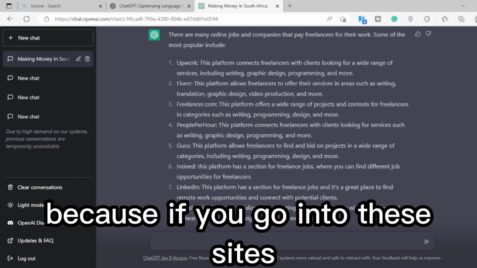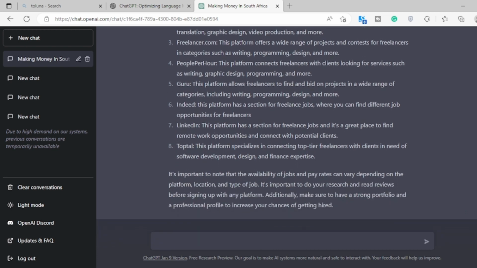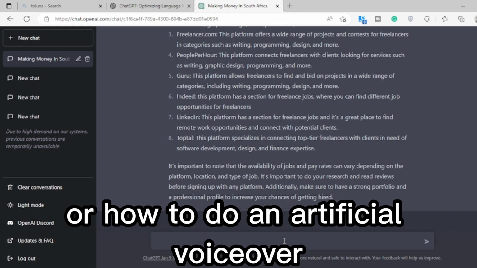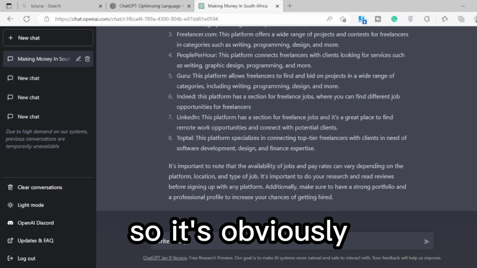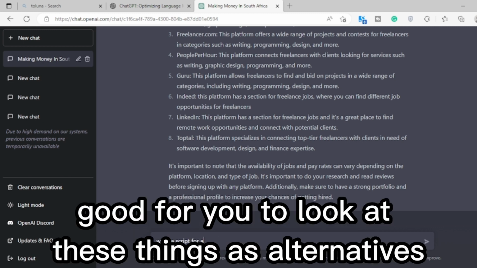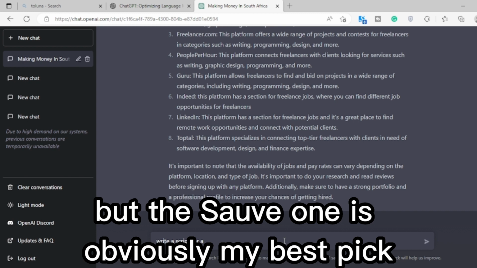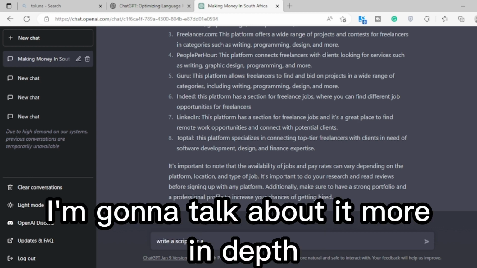Because if you go onto these sites, you're able to freelance, and by using ChatGPT, you can type in prompts such as how to write a script or how to do an artificial voiceover in order for you to make videos for other people. So it's obviously good for you to look at these things as alternatives to the first one, but the survey one is my best pick as it is the most efficient, and I'm gonna talk about it more in depth